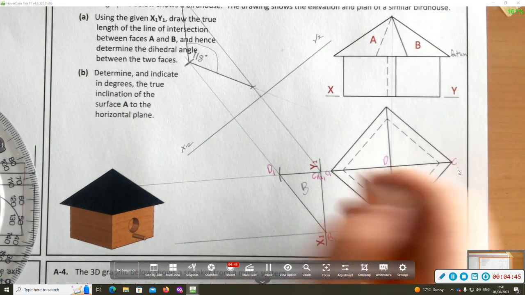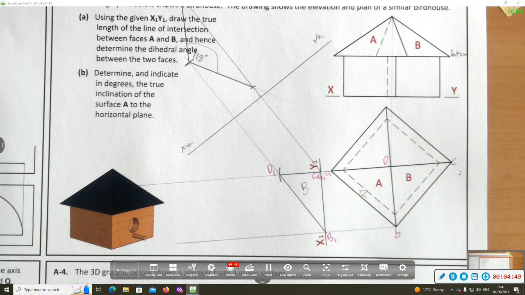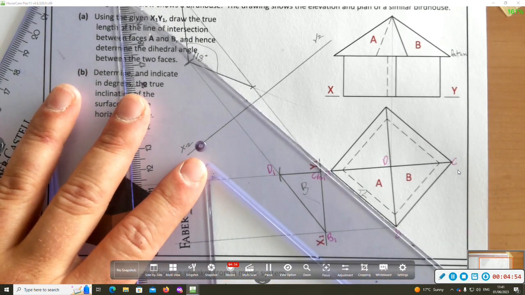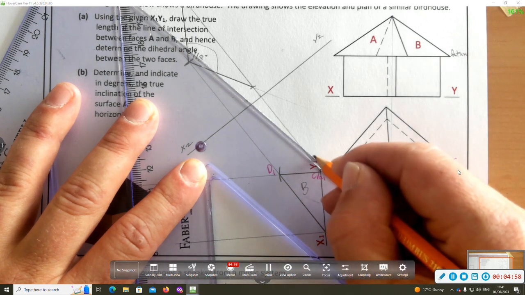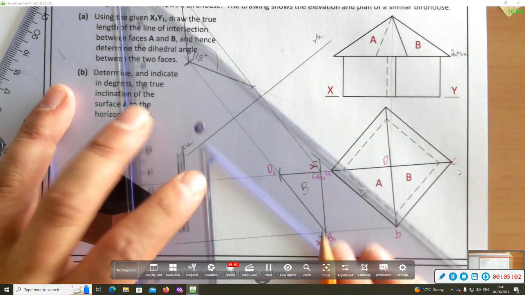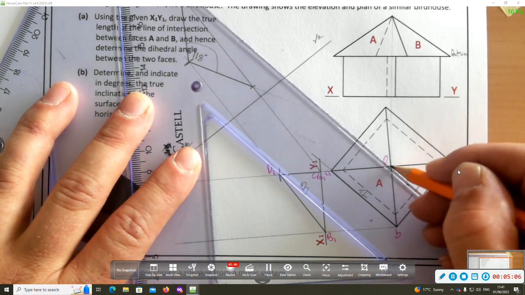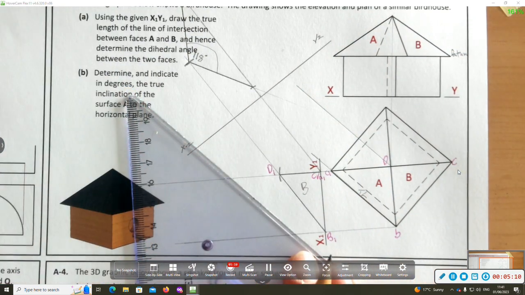So this line C to B is the true length in plan. We need surface A to project as a line. So we're going to look along line AB, because line AB is a true length, line AB will project as a point view, and surface A will project as an edge. So I'm looking along line AB,